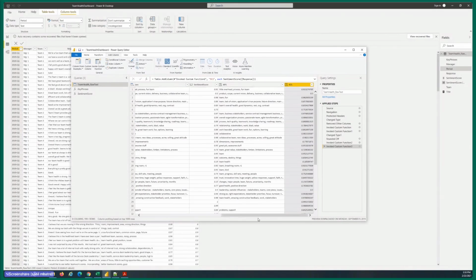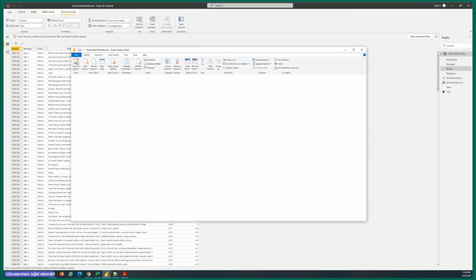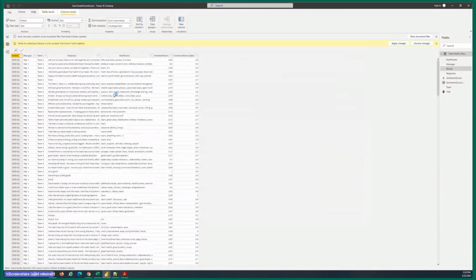All right, so now you notice here that all of the previews are done. So let's hit close and apply. And this is going to do its processing, and it's going to create the two new columns.